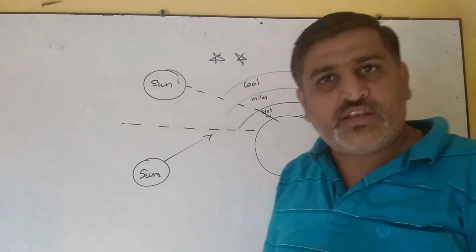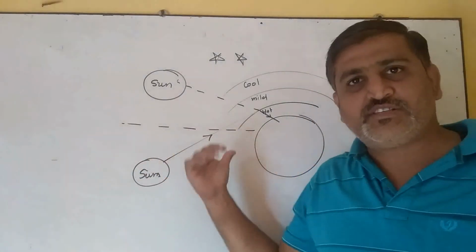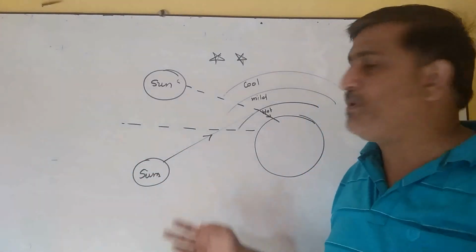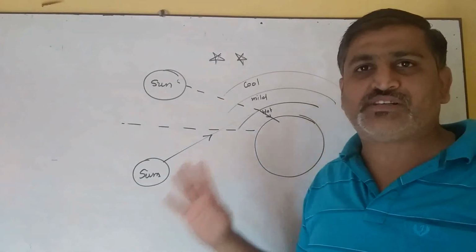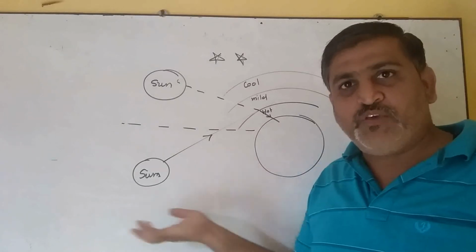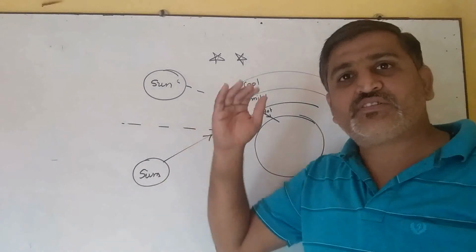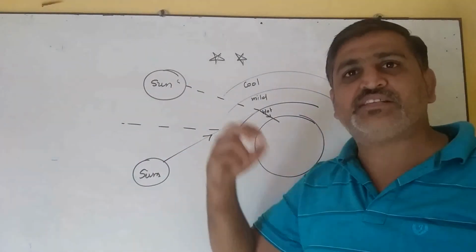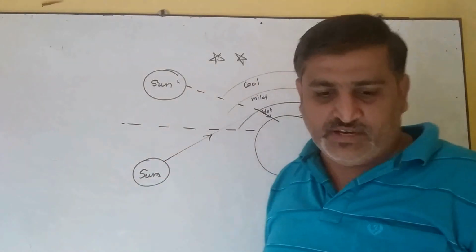Actually the sun has not risen yet, but we see it earlier. The reason is refraction. This case is studied in 8th standard and I myself taught you, so you can go again to that topic and see this. Actually this will not be asked, okay, but you should know about these consequences. Similarly, as we see the sun before it rises into the sky, we can see it for a few minutes after sunset too.